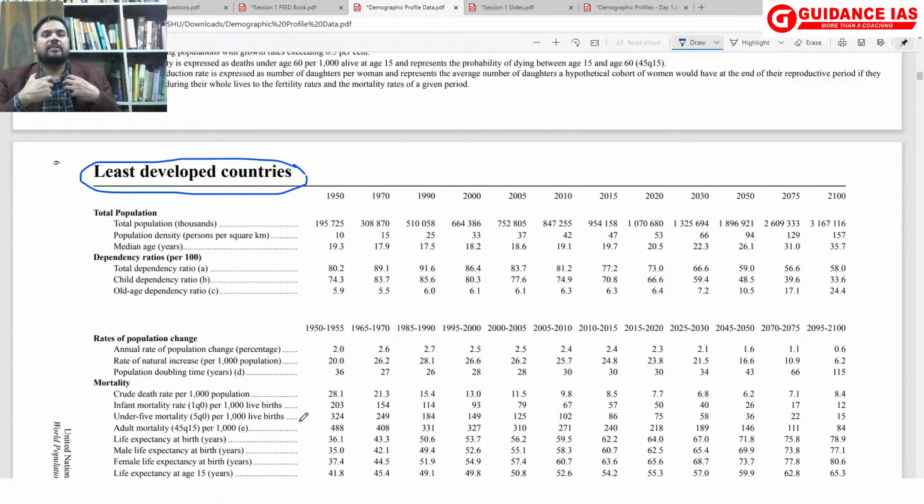Now I can just compare. If suppose I am making a case study of any country, if it is a least developed country, suppose I am talking about a country like Somalia, so Somalia's figures, with whom will I compare and remember? I'll compare it with the least developed country. So see these three, somewhere we have to make some base and somewhere we have to mug up. Few things we will have to mug up.